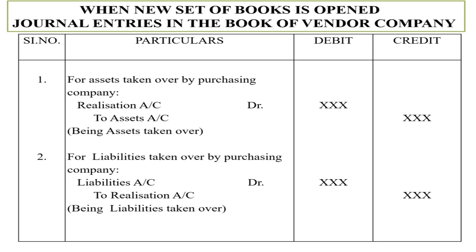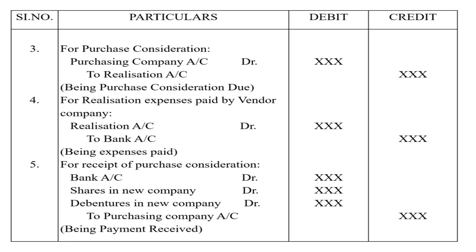First one, for assets taken over by the purchasing company: Realization account debit, to sundry assets. Then the second one, for liabilities taken over by the purchasing company: Liabilities account debit, to realization account. Then for purchase consideration, the journal entry will be: Purchasing company account debit, to realization account. Then for realization expenses paid by the vendor company, the entry will be: Realization account debit, to bank account. For receipt of purchase consideration: Bank account debit, shares in new company account debit, debentures in new company account debit,